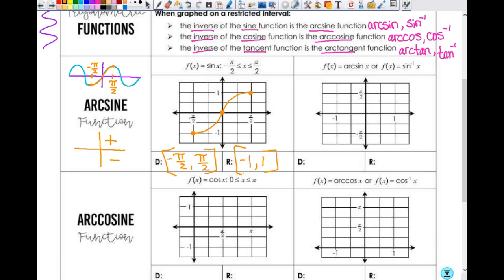Okay, so now we are going to graph arc sine. So we are literally going to exchange x and y. So this point right here, which was at pi halves, 1, is now going to be at 1, pi halves. 0, 0 is at 0, 0. The negative pi halves, negative 1 would be at negative 1, negative pi halves. So I just graphed the same 3 points, but it's not going to look exactly the same because at